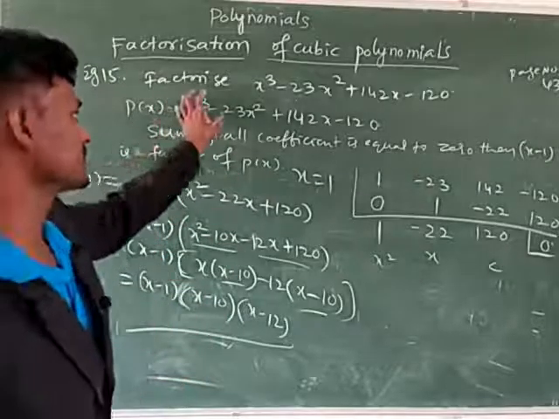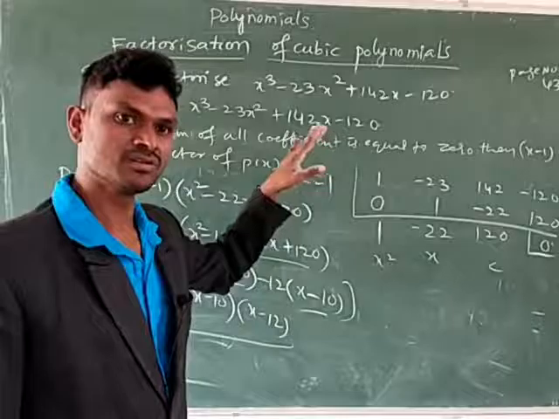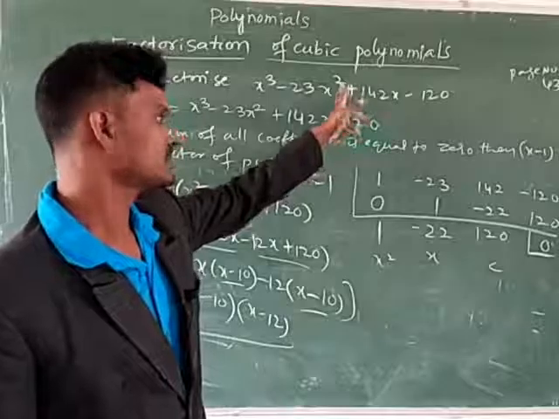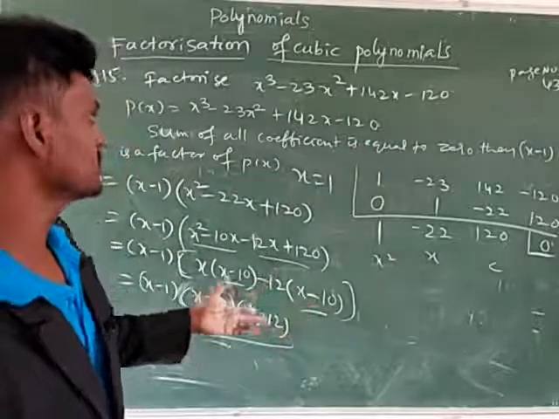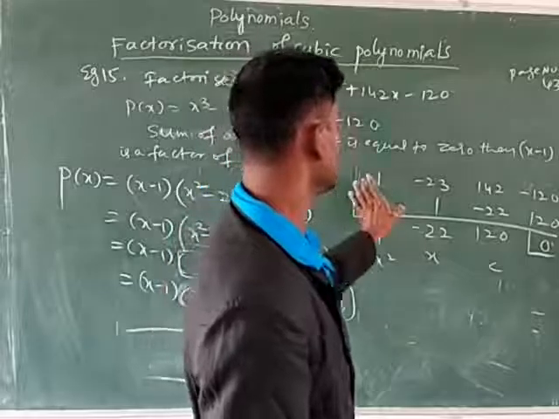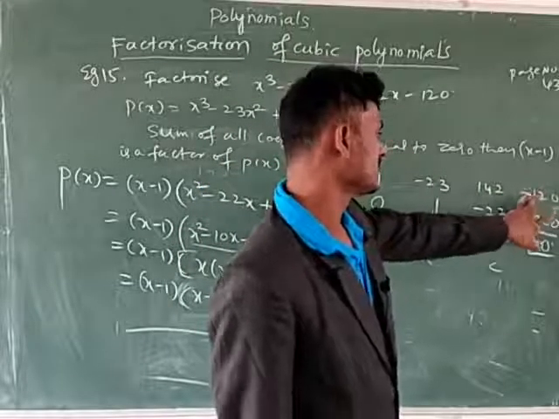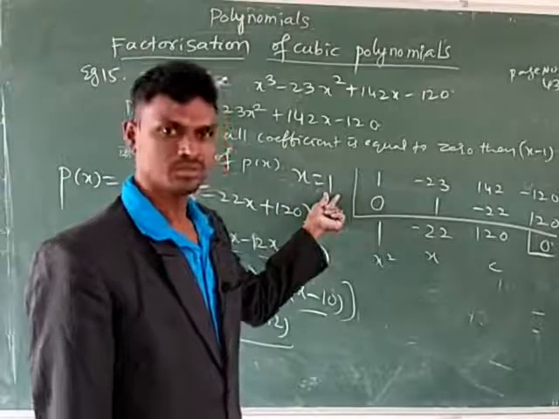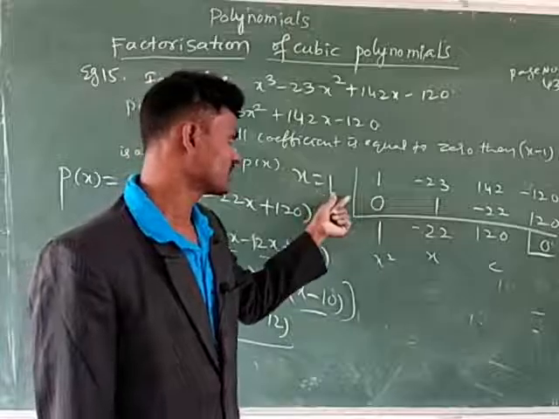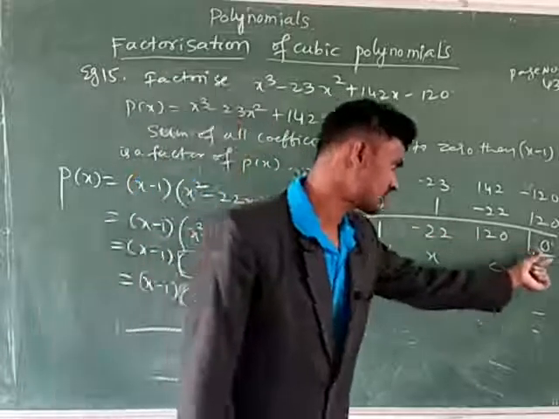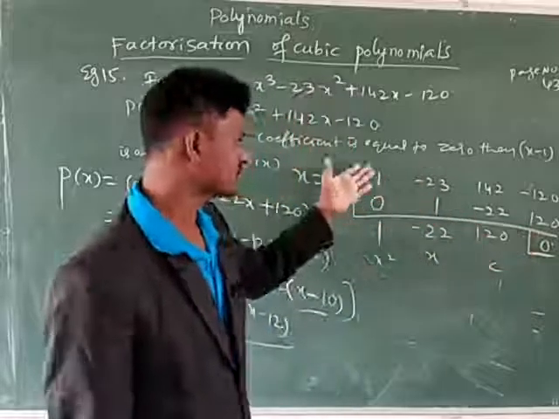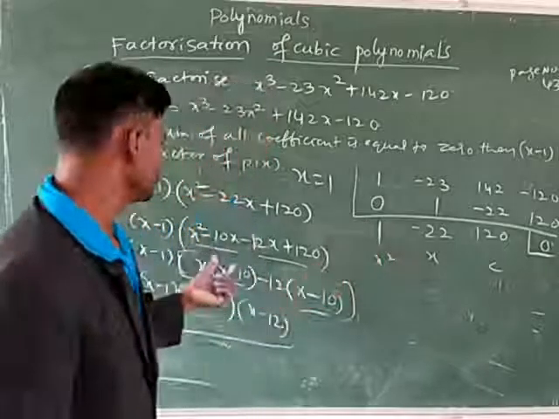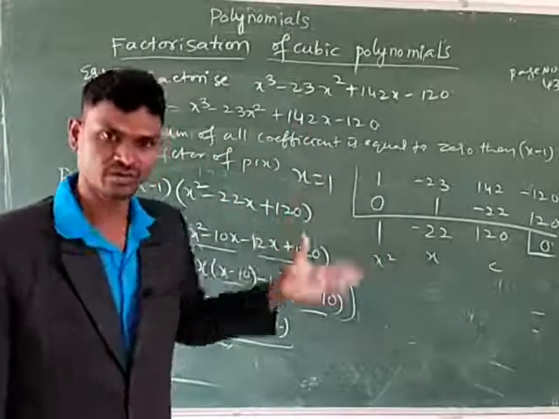First you have to find out whether the sum of the coefficients is equal to 0 or not. Or second, whether the sum of the odd coefficients is equal to the sum of the even coefficients. If that is also not possible, first you have to write all the coefficients according to descending order of degree. Thereafter you have to check x is equal to 1, minus 1; if not possible, you have to take x is equal to 2 or minus 2, 3, minus 3, like that also you have to take. Then whichever gives the last term equal to 0, that is a factor of this polynomial. Then if we already know one factor, the remaining you know by splitting of the middle term. Okay, you have to follow this.